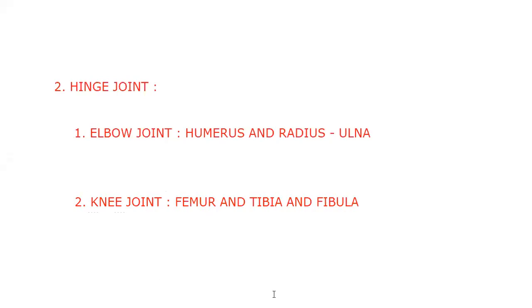Okay, so next, the third synovial joint which we are now going to: the ball and socket joint. If you take only the four limbs, the glenoid cavity of the pectoral girdle and the head of the humerus, what do you see? Ball and socket. Between the humerus and radius-ulna, we see the hinge joint. Next, the acetabulum of the pelvic girdle and the head of the femur. What do you see? The ball and socket joint. Between the femur and tibiofibula, you can see the hinge attachment.